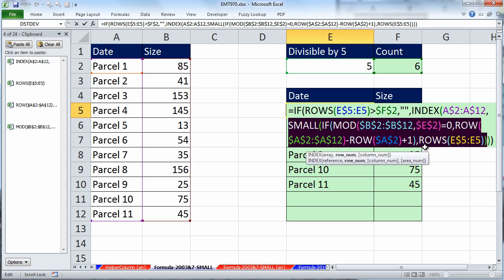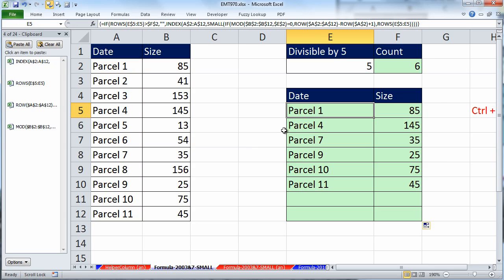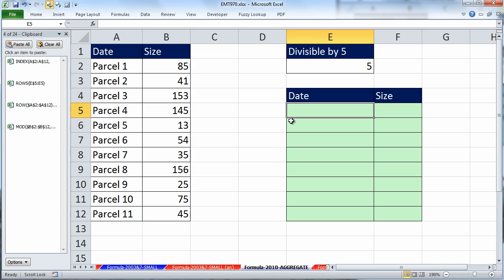Now in 2010, there's something called the aggregate function. And the aggregate function lets you choose which function you want to do. And if we tell aggregate to do small, we could take advantage of the fact that aggregate doesn't require Control Shift Enter. All right, so ready? I'm going to click Escape and come over to this sheet right here. All right, so I'm going to say equals and click on this index. And